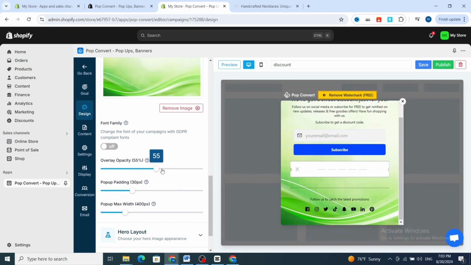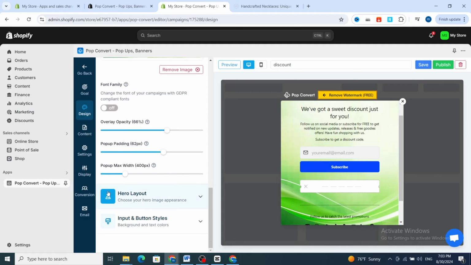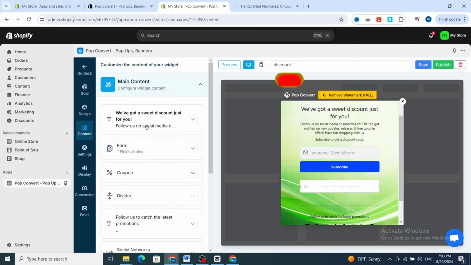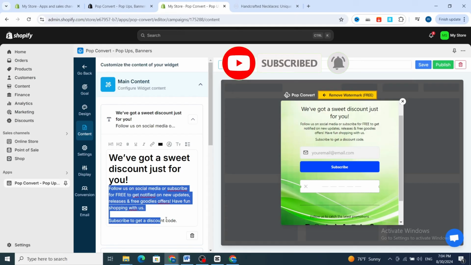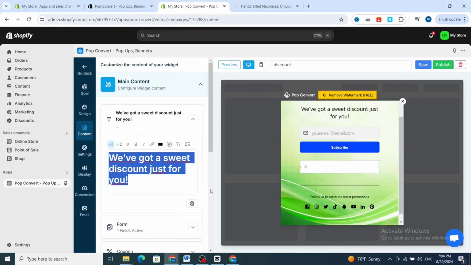Then guys, scroll down, then you can adjust the background overlay opacity, then you can make it small or bigger. Then scroll down, then guys, go directly to content on the left side. Then guys, you can add some text, for example this one. You can remove follow us on social media, and this one, tap get